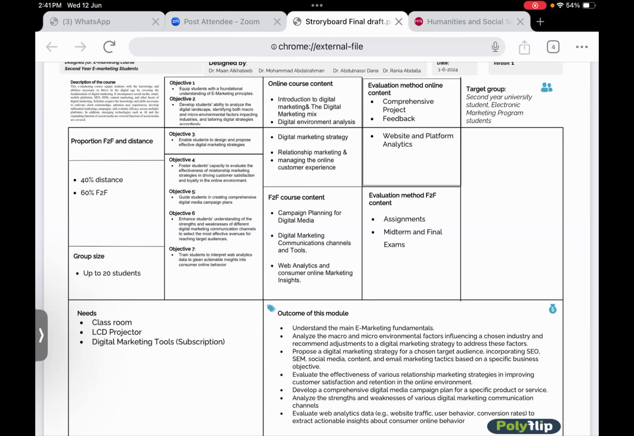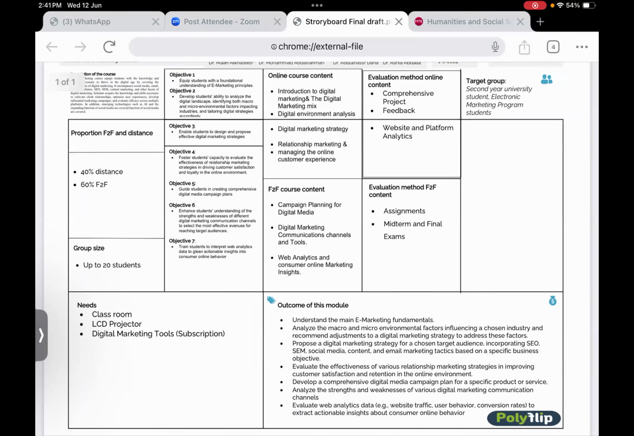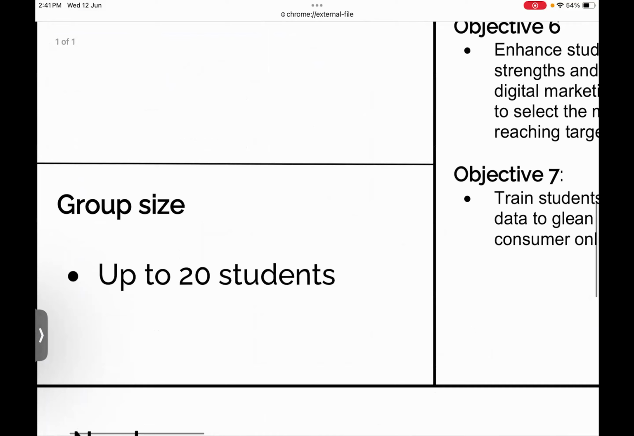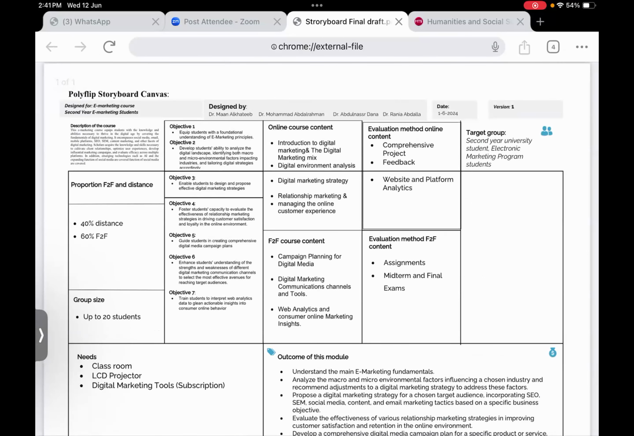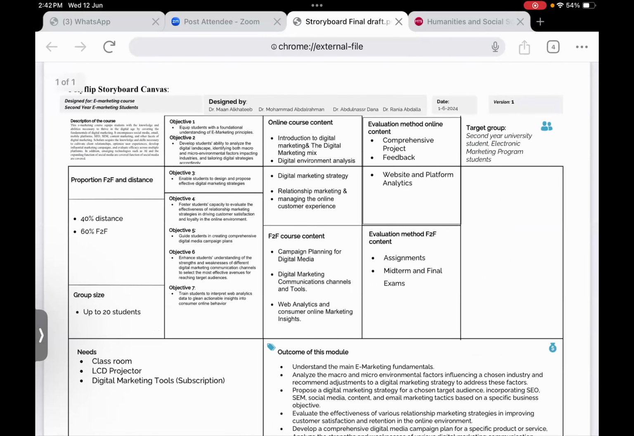As for the evaluation methods related to the in-class or face-to-face content, there would be assignments in class, in addition to the midterm and final exams. We can also negotiate or discuss this point to make the final decision about it. The group size would be up to 20 or maybe up to 25 students. This was a summary of the initial storyboard